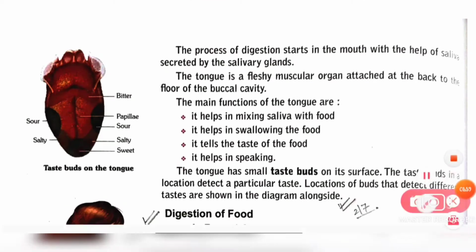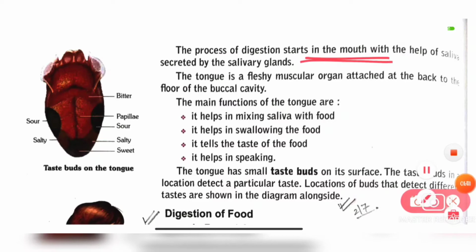The process of digestion starts in the mouth. এটা কিন্তু পুরো ভুল যে পরে গিয়ে ডাইজেশনটা শুরু হয়, একদম মুখে খাবারটা নেওয়ার পর থেকেই কিন্তু ডাইজেশনটা শুরু হয়ে যায়. Normally the saliva is secreted from the salivary glands. Saliva মানে আমাদের মুখে যে লালাটা তৈরি হয় when we eat food, সেই লালাগুলো কিন্তু আমাদের মুখে বিভিন্ন গ্ল্যান্ডস থাকে, সেই গ্ল্যান্ডস থেকে সিক্রেট হয়. This saliva helps in the digestion process. Okay.